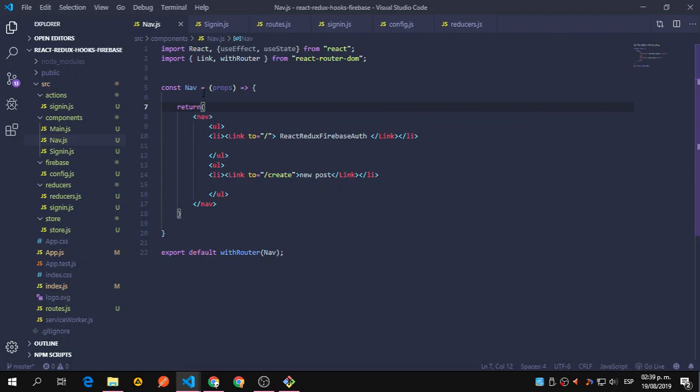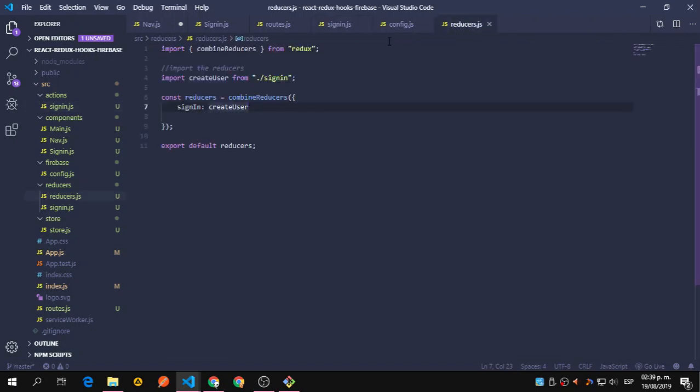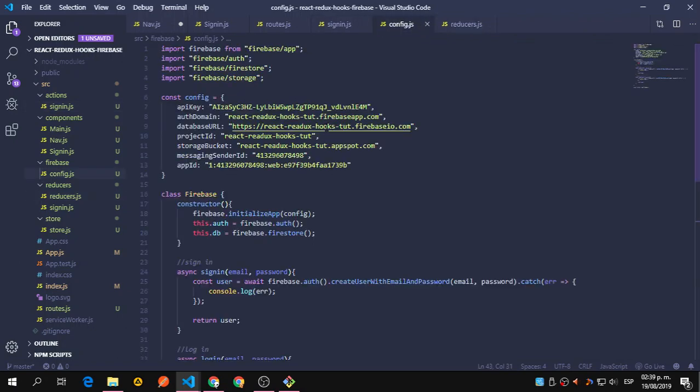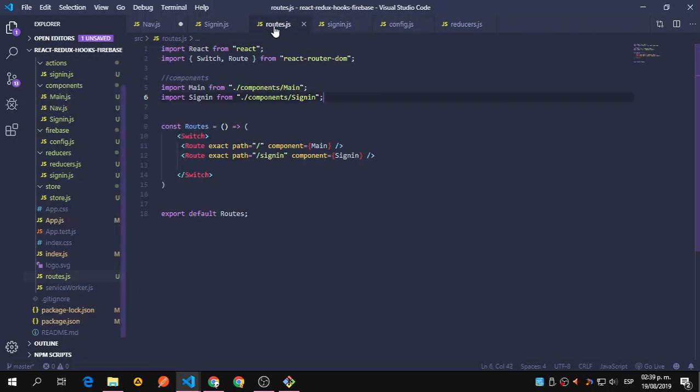So we're going to work with the navigation right now. So at this point, we don't have the action. We don't have the, well, we have the reducer. The configuration is set for the sign in and login functions, okay, and Firebase. The path to the route is set,